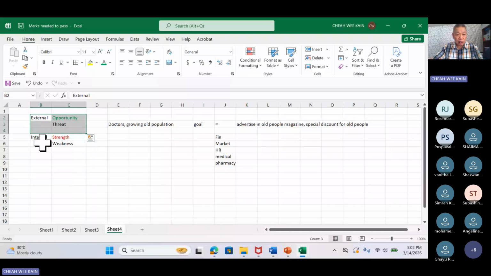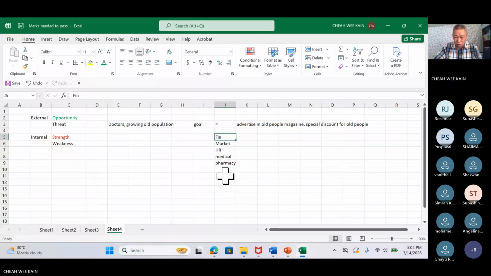Who will understand what is in the internet? If you are working in the finance department, please get involved in the pharmacy department. So we are looking for general managers who can understand the internet. If you are only familiar with one department, you are a manager, the finance manager, 20 years experience, nothing. It's actually 1 year experience, you work over 20 years time, keep on repeating 20 times. That is 1 year experience, not 20 years experience. You understand? So if you're a finance manager, you should understand what the hell is going on in pharmacy.